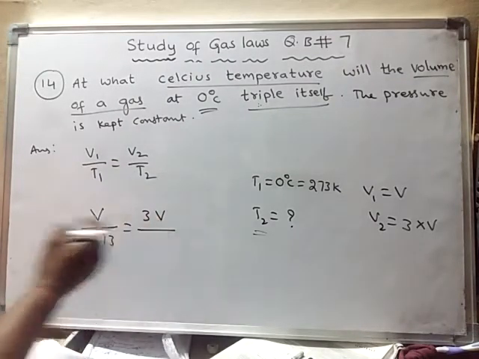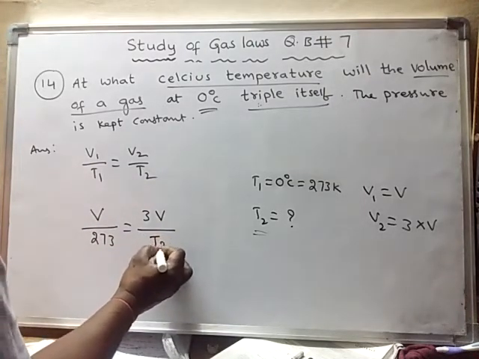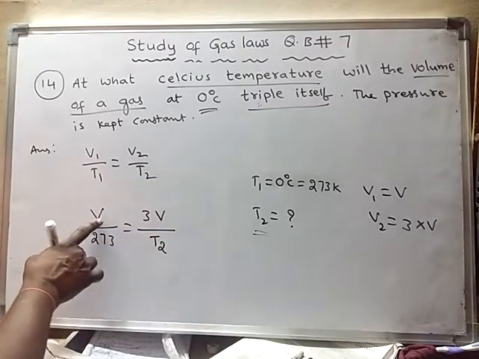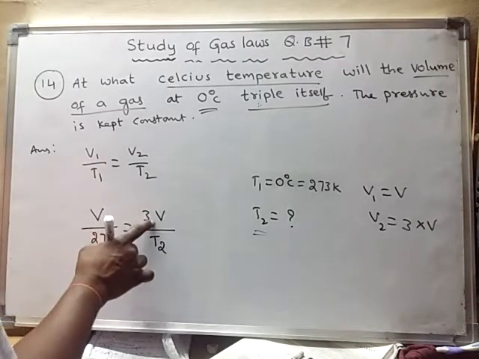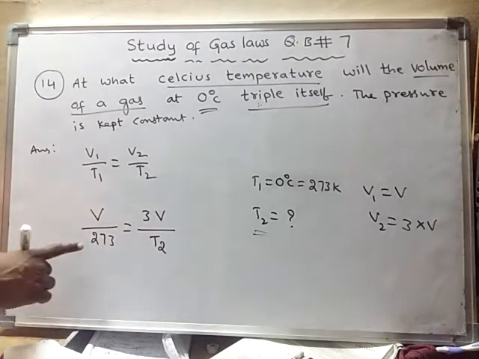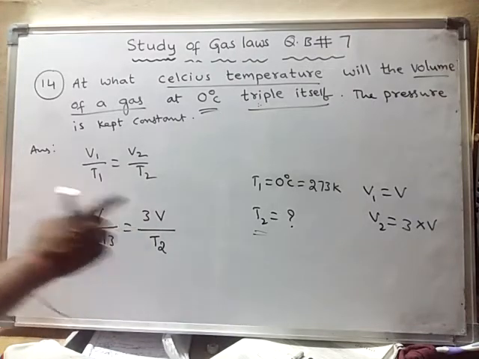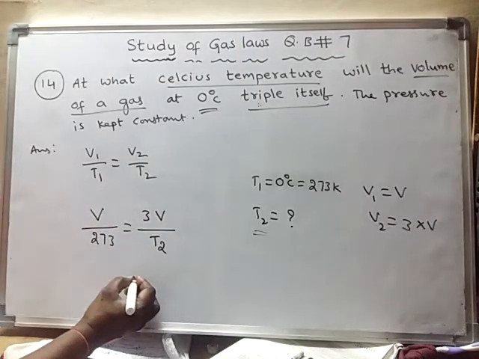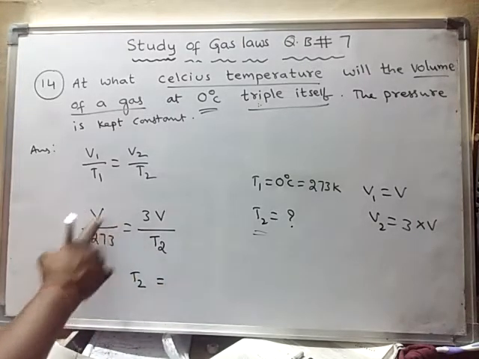Now we have to find at what temperature the volume becomes 3 times, or triple. At this temperature the volume is V; at what temperature will the volume become 3 times that V? To know this, upon rearranging,